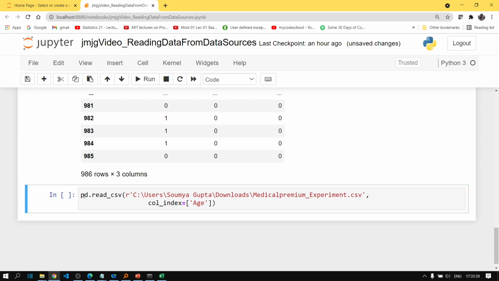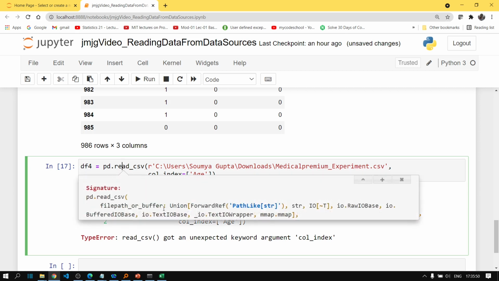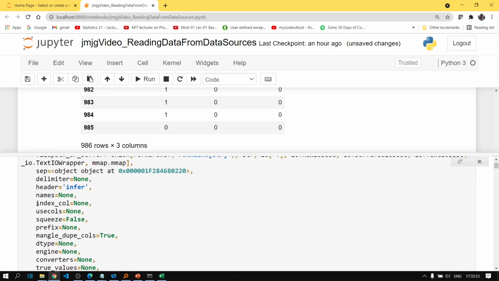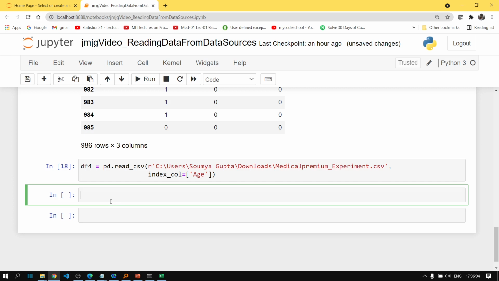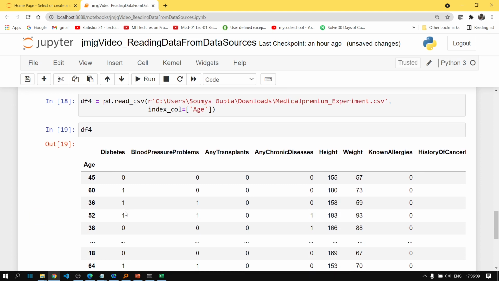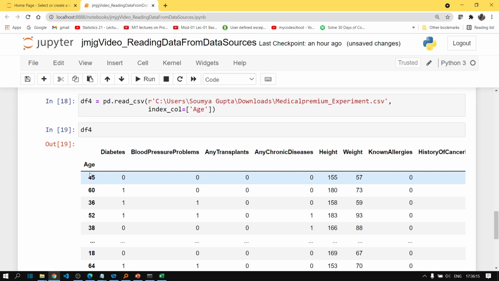Fine, and you store it here, run this. Okay, sorry, we probably have given a wrong parameter name, so it should be index_col, not col_index. Index_col. Alt enter, it has run fine. Let's print the data frame, and here you can see the age column has been used as the index of the data frame.